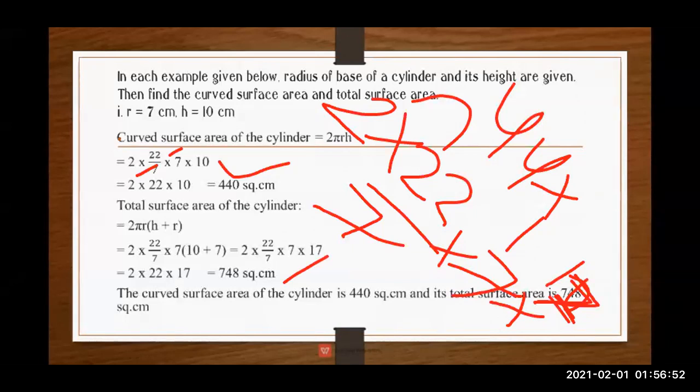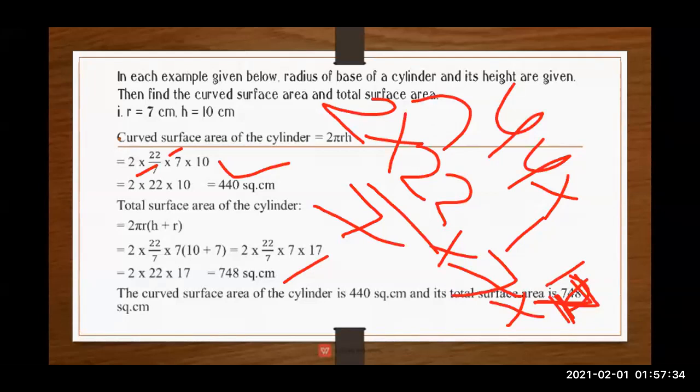See, don't get confused regarding the formula. Here, cylinder is given. So that time you have to use the formula. Cylinder is given and they ask about the total surface area and curved surface area. So that time you have to use the formula of a cylinder, that is curved surface area and total surface area of a cylinder, that is 2 pi RH or 2 pi R bracket R plus H. And then you have to put all the values and find the answers. So I hope you people have understood, and there will be a last statement.